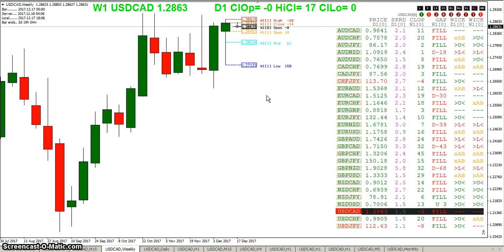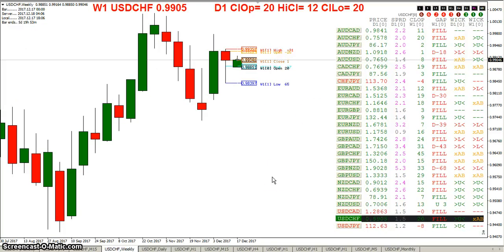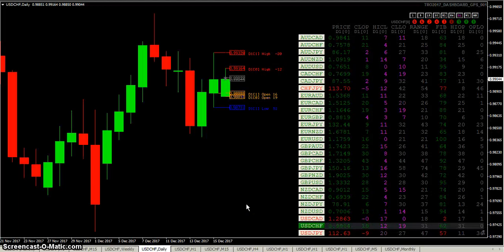I'm trying to think of what haven't we really looked at of the majors. You know, I don't think we've looked at the dollar franc. So let's pull up the dollar franc. As you can see here, there really wasn't much of a gap, and it was filled. Looking at the daily,